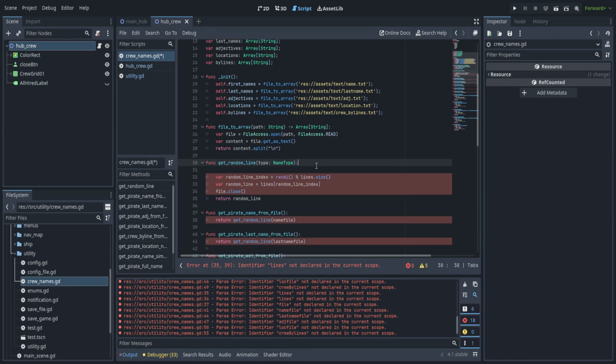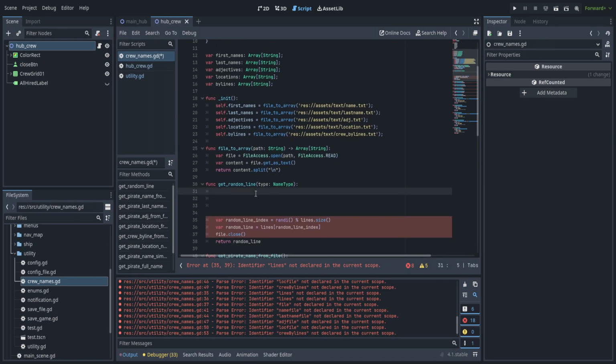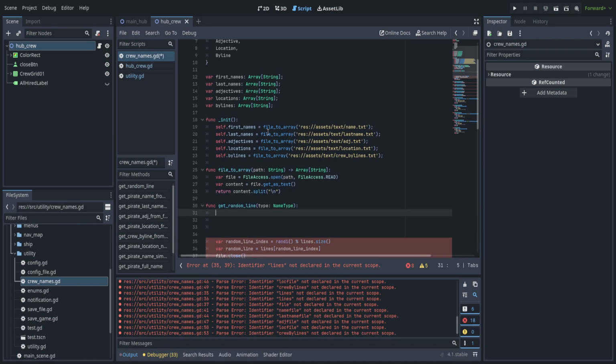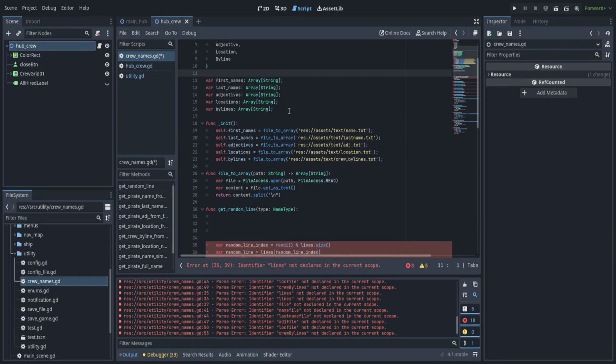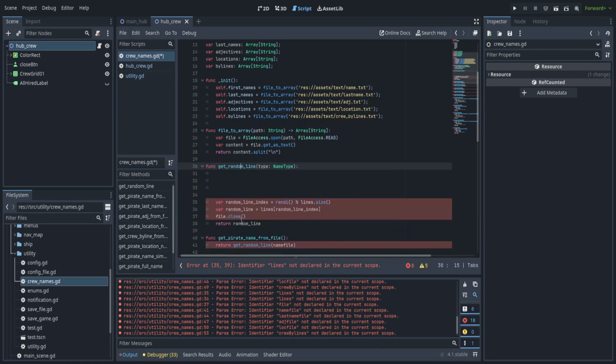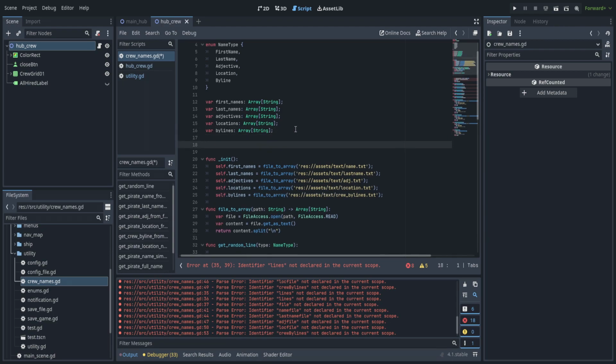And then what it's going to do is we are going to make it so that for each type that we are specifying, we're going to have a way to easily pull that information out of that array. Now, the thing with this is that I set it up with these variables here, but I'm just now realizing, okay, now I have this enum, and there's got to be another way for me to store this, right? Having these as individuals and then doing a match or a switch statement here, that's a lot of code. So we can actually break this down even further by making this